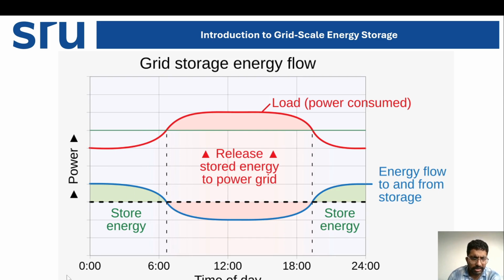Here you can see the x-axis represents time of the day: 00 is midnight, 6 o'clock is the morning hour, then afternoon, then evening 6 o'clock, then again 24 hours. So this represents a 24-hour time of the day. And here you can see the power. Load demand is represented by the red color. During midnight to morning 6 o'clock,